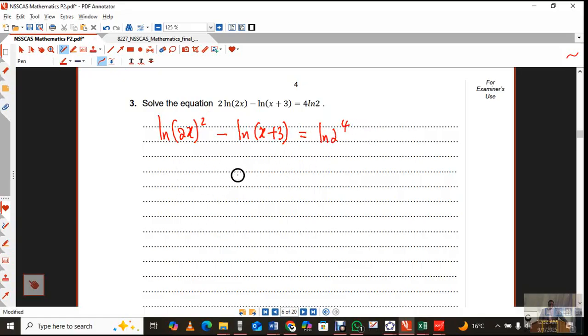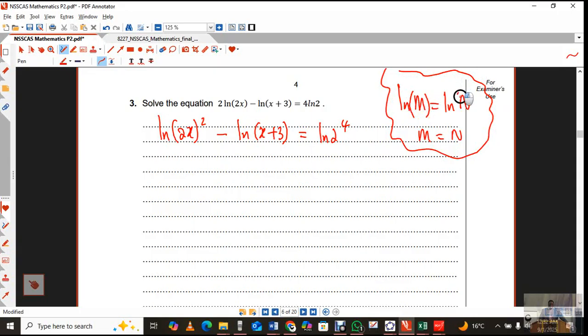Right, we have the natural log of m is equal to the natural log of n, where we then say m should equal n. That is the property that I'm looking for. On this side, I'm going to have the natural log of 4x squared, if I have to square everything inside there, minus the natural log of x plus 3 is equal to the natural log